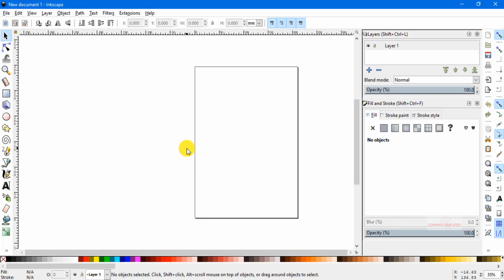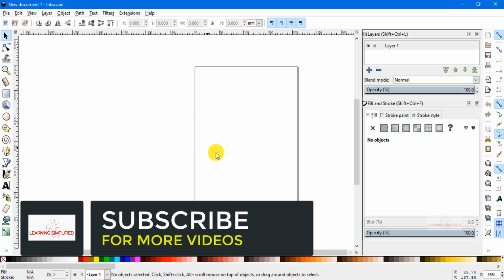I might have shown you how to install it. The process is very easy, and after this procedure, once you are able to install it, you can see that this is the basic and common interface of Inkscape.